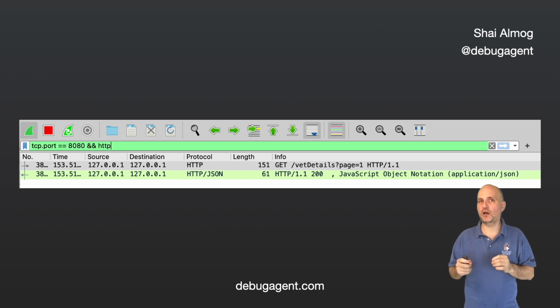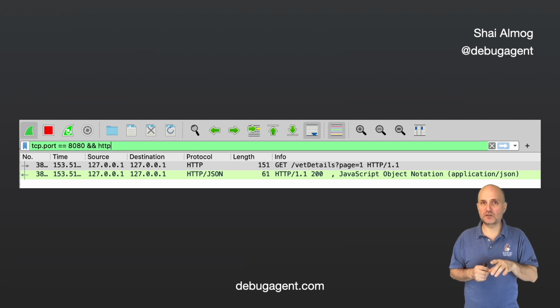Assuming I don't care about the nuances of TCP, I can further reduce the noise by adding an HTTP condition to the previous condition. This will limit everything to only HTTP requests and responses. Again, very useful stuff that can have a big impact if you're dealing with many HTTP requests and connections.